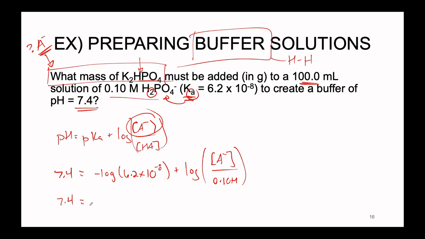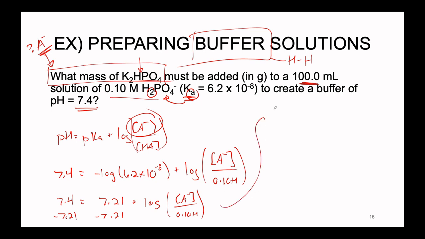We have 7.4 is equal to the negative log of our Ka. What this value comes out to be equal to is 7.21. This is going to be added again to the log of our A minus, all divided by 0.10 molar. We can subtract 7.21 from each side. What this gives us is a value of